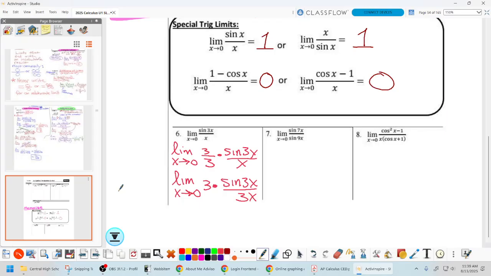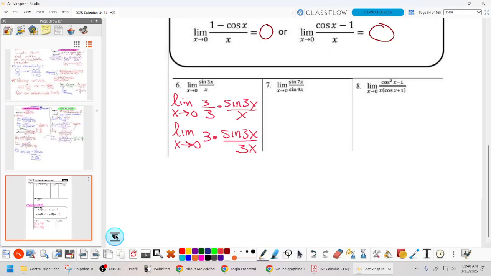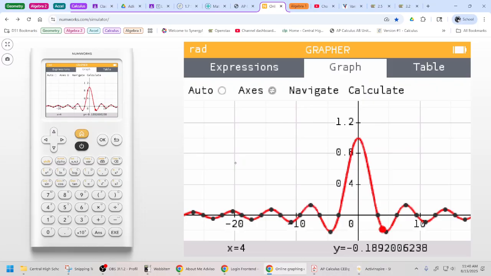This is in the same form as that. It just has a 3 in it. So what is its limit? It's 1. Okay? So what's our limit now? Oh, not 3. 1. That's 1. So the limit overall is just 3. 3 times 1. Okay? In fact, let's go back to the graph and I'll show you that